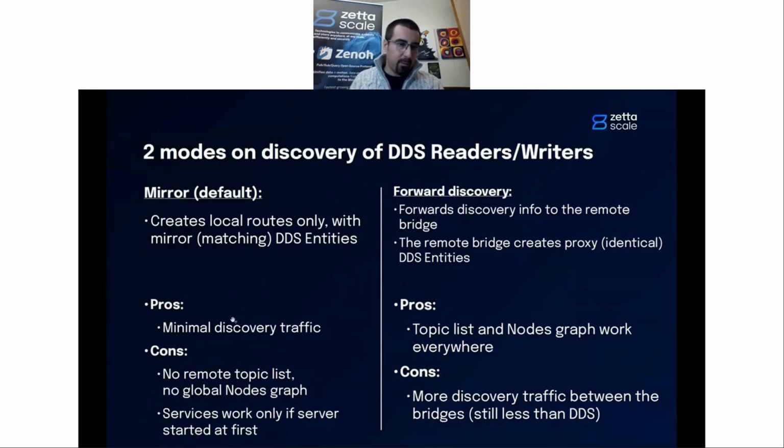The benefit of this is that you have very minimal discovery traffic occurring over Zenoh, so outside your ROS system. The con of this is that, as you don't have all the discovery information transmitted remotely, if you have a remote bridge bridging another remote ROS2 system, in this second system you won't be able to perform a topic list, and you won't be able to see the whole node graph in ROS2. Also, for services, it will work only if the server is started first, because otherwise, if you have your